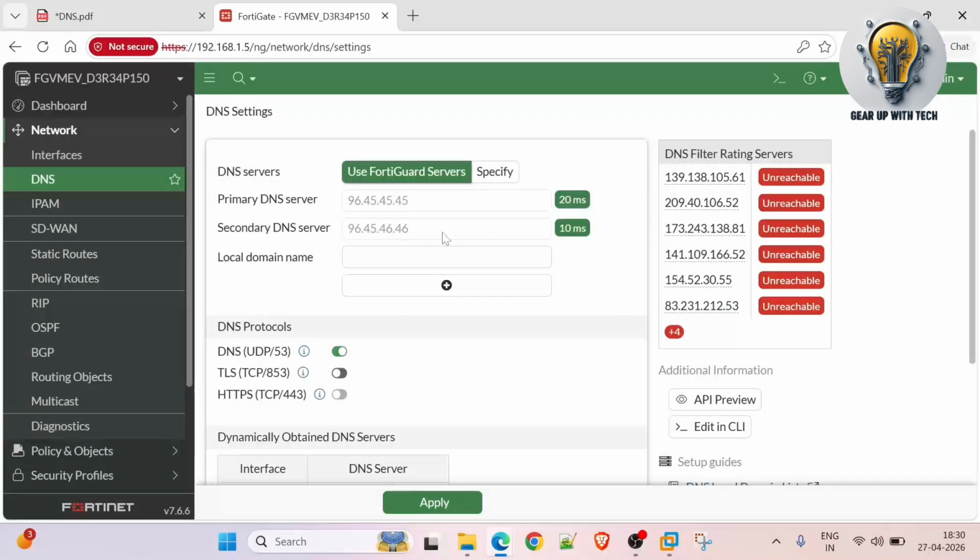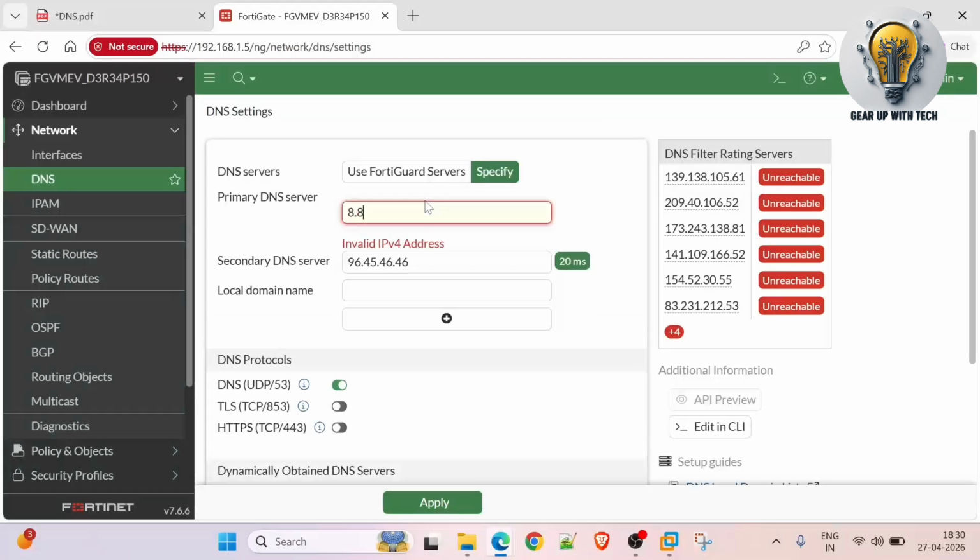Here we can use the Fortinet DNS servers, and if you have internal DNS servers, you can use those also. To use the Fortinet servers, we have to select the Use FortiGuard servers option. For internal servers, select Specify. If you select Specify, you can change these IP addresses,